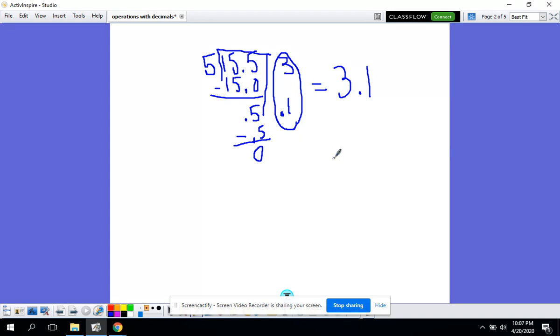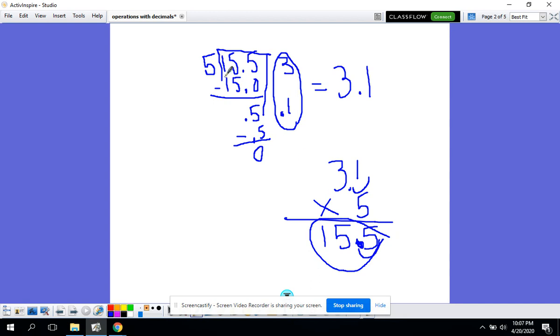A way to check it is by multiplying. So I'm going to do 3 and 1/10 times 5. 5 times 1 is 5. 5 times 3 is 15. Now I need to think about where my decimal point goes. It's over 1, so I move over 1 in my actual answer. And I get the original dividend that I started with, so that I know that I'm right. So 15 and 5/10 pounds bag of dog food split between 5 weeks. Jax